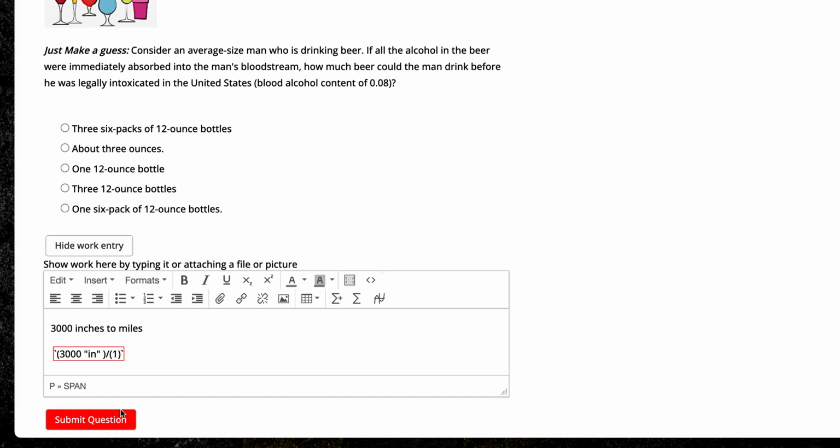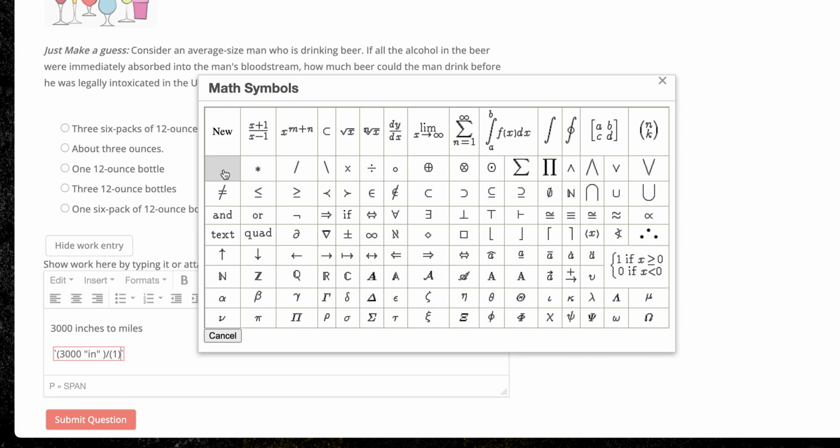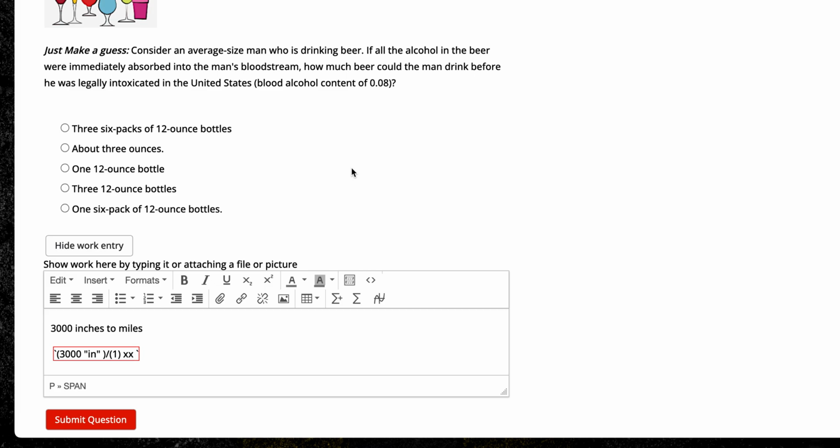Okay, now when I go in to put my next fraction, I can use this as my multiplication, or I can use this as my multiplication. Oops, I got two of them. All right, then I want to add my next fraction. So I'm going to click on the fraction button again, and then I'm going to put in here what I want. Now I want to change inches into feet. So I want feet on the top and inches on the bottom, so it cancels with the inches on the top of the first fraction. So I'm going to put 1 foot over